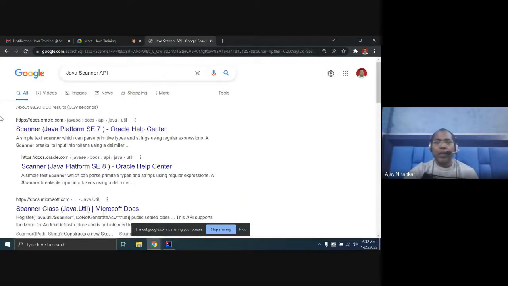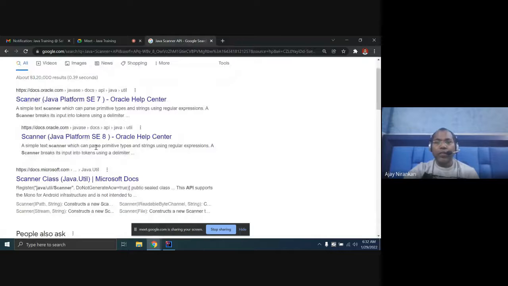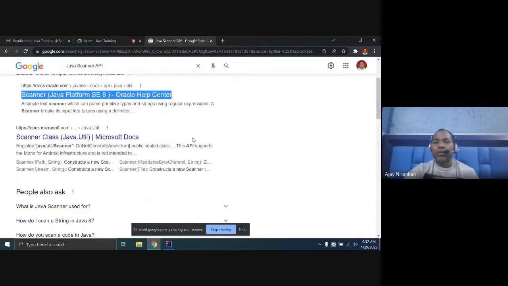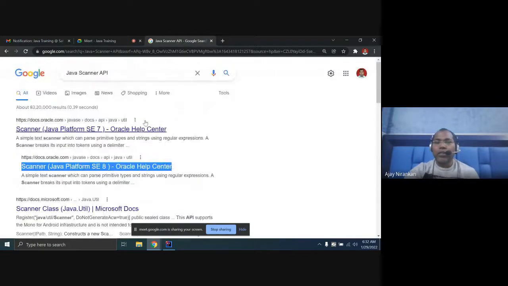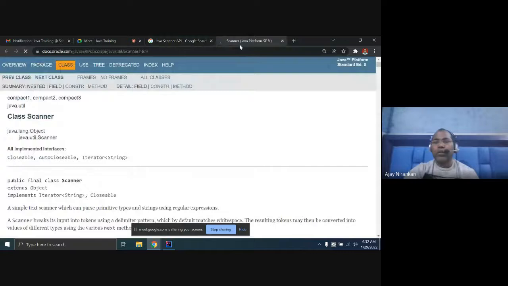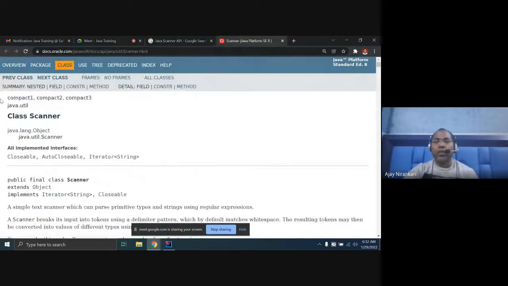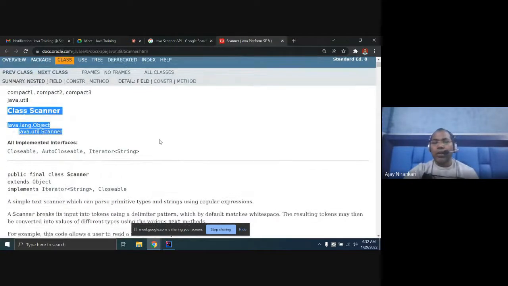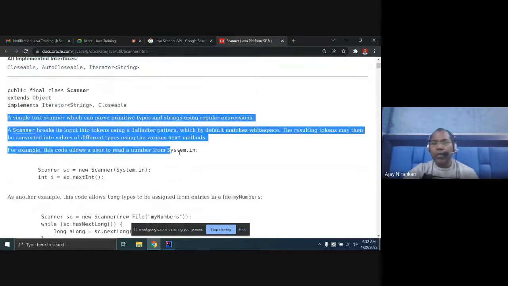Here you get documentation for different versions. If you are using Java 8, look at the Java 8 documentation, or the latest version. Click here, and whatever Java 8 supports, you find this Scanner class and what Scanner does, with an example.